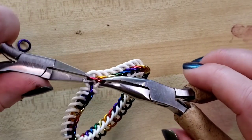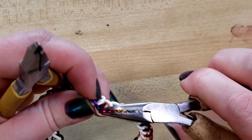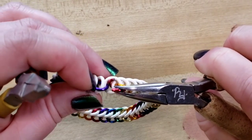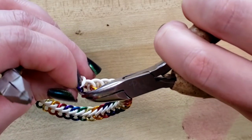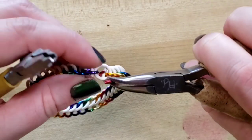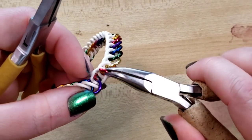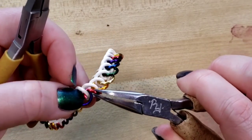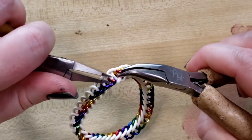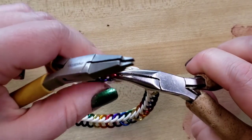I've done other tutorials on this weave before, but I've learned a lot about teaching since then, and I think this color combination will be very helpful. I always open my rings in the same direction, and so I'll kind of twist around and try to get up in there, but let's test it if I were to open in the other direction. So that might actually make it a little easier for you if you're into that. So just because this is the way that I'm doing it does not mean that it's the only way. I'm just hoping that the more alternatives I can show y'all,